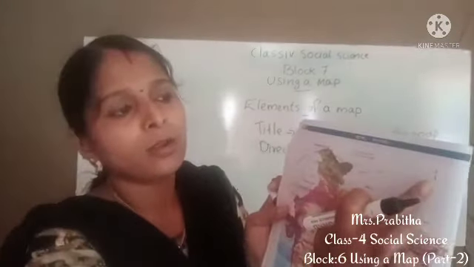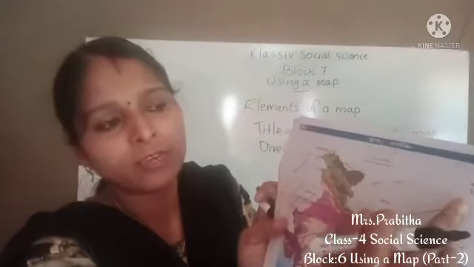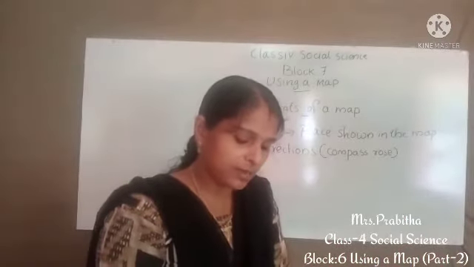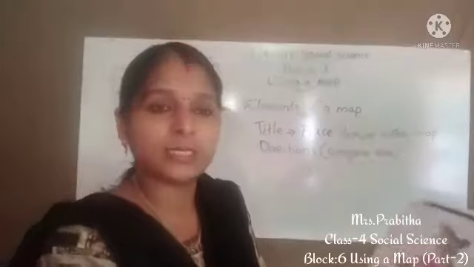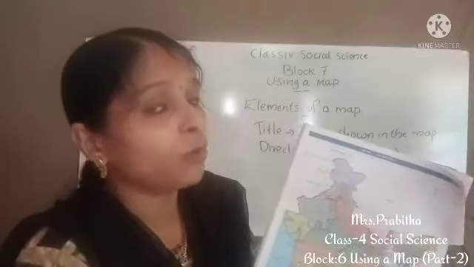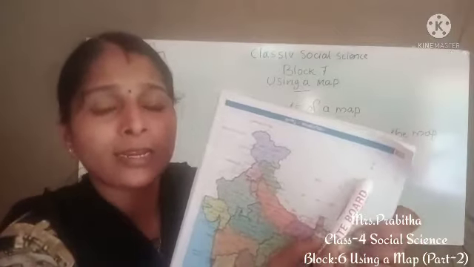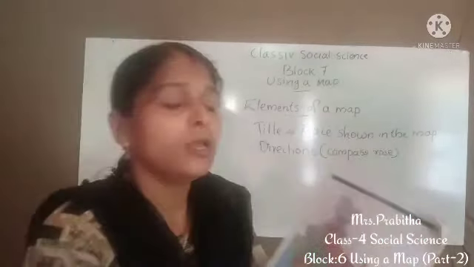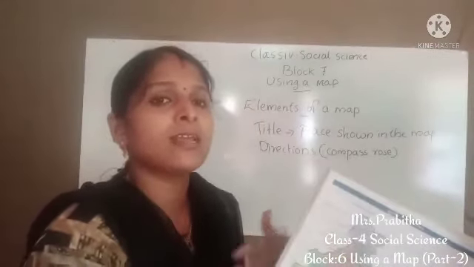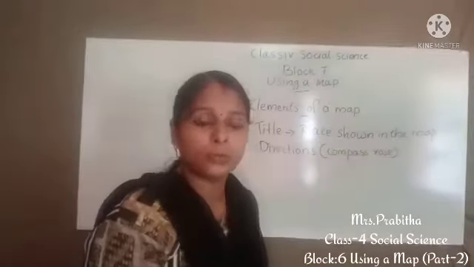You can see this is the direction of this map. This arrow is showing north. If we get the north, we can easily understand where is south, east and west. So this is the north arrow. These directions help us to find out the different locations. If we understand one direction, we can easily understand the other directions also. So directions are another important element used to make a map.